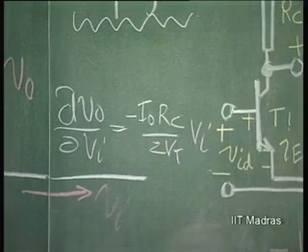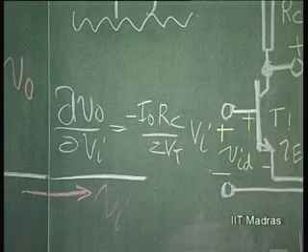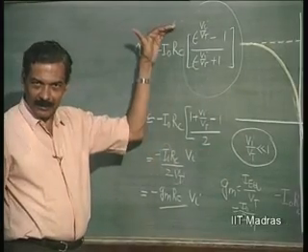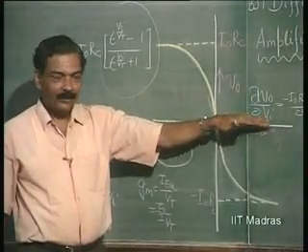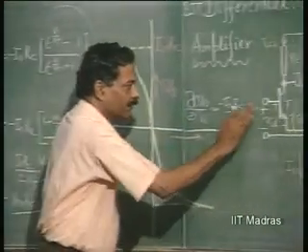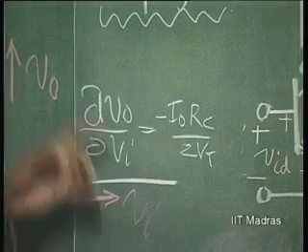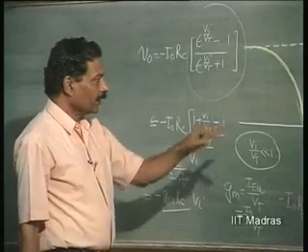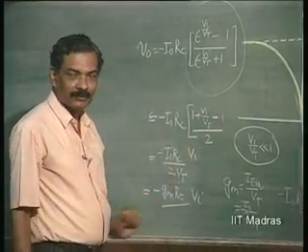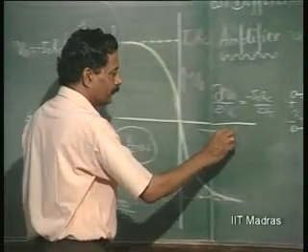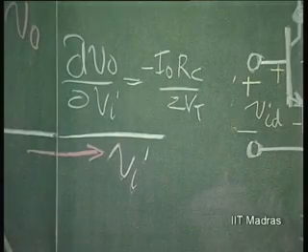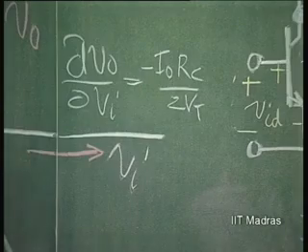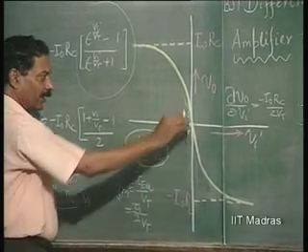It is this slope that we have illustrated here by making an approximation. You can do that mathematically by finding delta V naught by delta V I as minus I naught R C by 2 V T from this. Now, the negative sign is also indicated by the negative slope here, and the slope will keep on